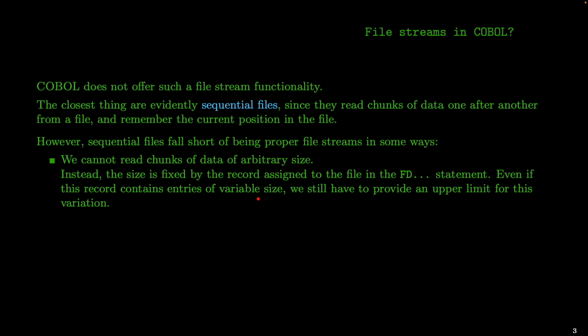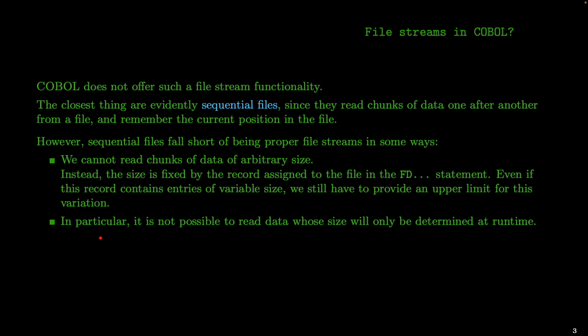So the size can be variable, but the size cannot be arbitrary. In particular, this means it is in general not possible to read data from a file whose size will only be determined at runtime. So this is really a problem, in my opinion,